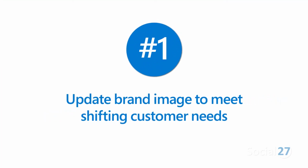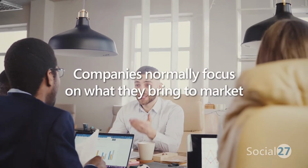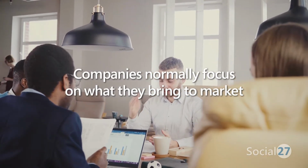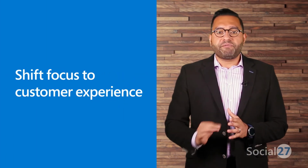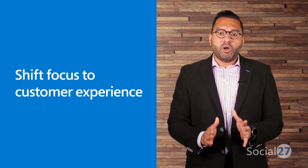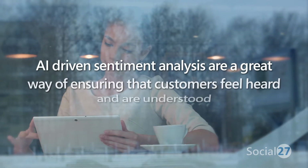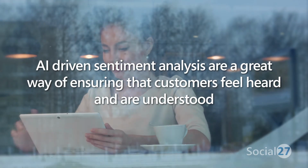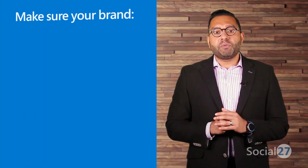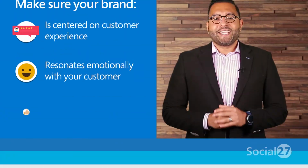Number 1, update brand image to meet shifting customer needs. Conventionally, companies have followed an inside-out perspective. Rather than focusing on needs and desires of the customer, companies focus solely on what they bring to the market. So to keep up with the age of the customer, companies need to shift their focus to customer experience. And if you want your customers to be loyal to your brand, you must listen to them and meet their needs. AI-driven sentiment analysis through intelligent AI assistants are a great way of ensuring that customers feel heard and are understood. Make sure your brand is centered on the customer experience, resonates emotionally with your customer, creates a right first